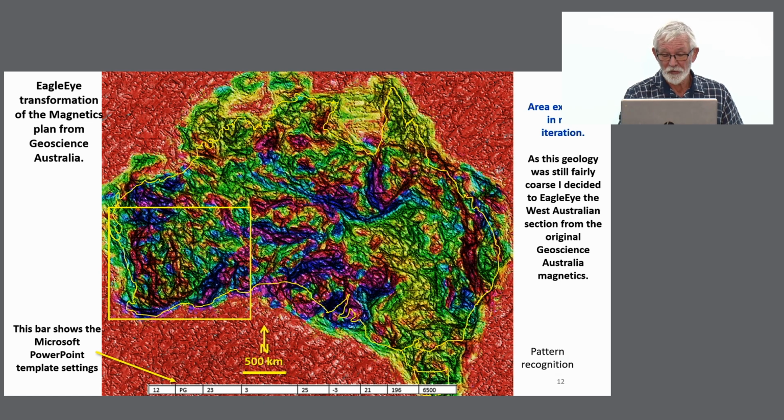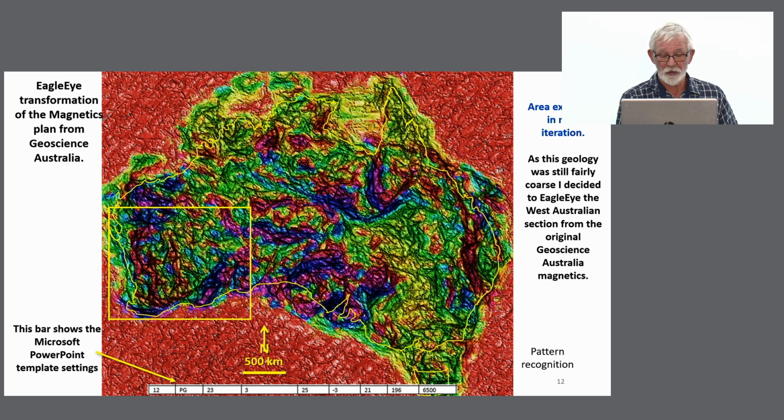Now you can start to see lots of structures. West-northwest is all over the country. Shark Bay, west-northwest. Got the north-south structures. But this geology is still fairly coarse, and I didn't think that I'd be able to pull up the Kalgoorlie area from that. So I went back to the